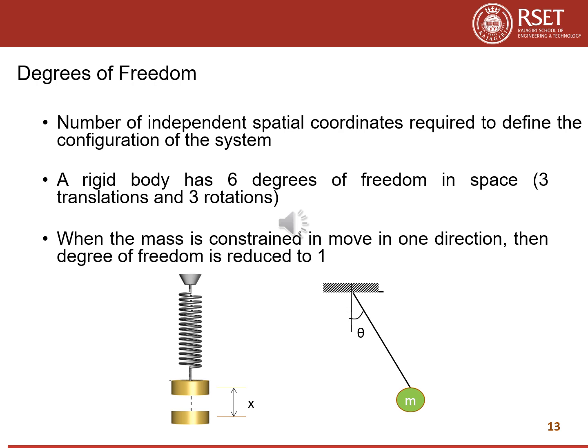Now considering the second figure, it is a simple pendulum. We have a bob which is having mass m, and theta is the angular displacement, that is, the angle made by the mass m at any point of time. Now for a simple pendulum, the length of the pendulum is the same. So we can define the x and y coordinates just in terms of theta alone, because the length of the pendulum will be the same itself. So these two are some examples of single degree of freedom system.